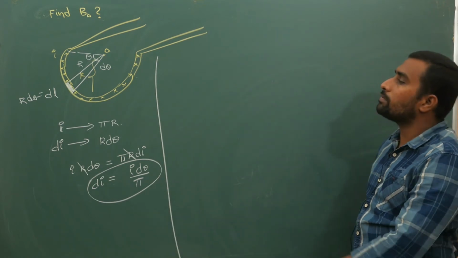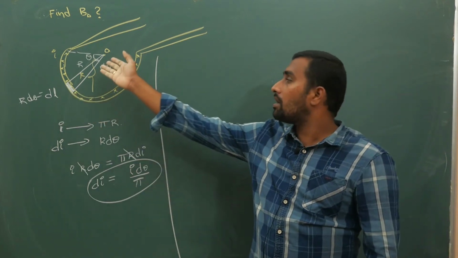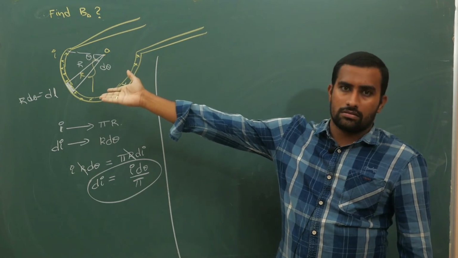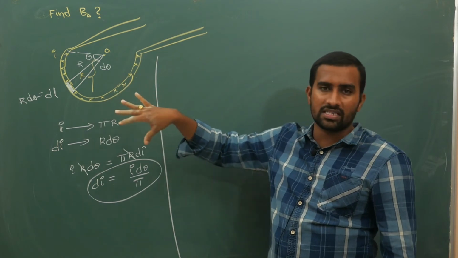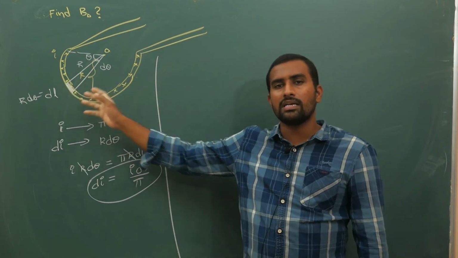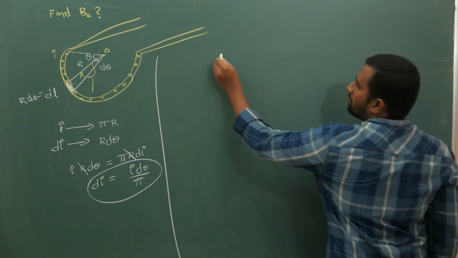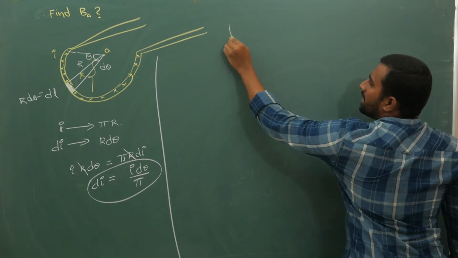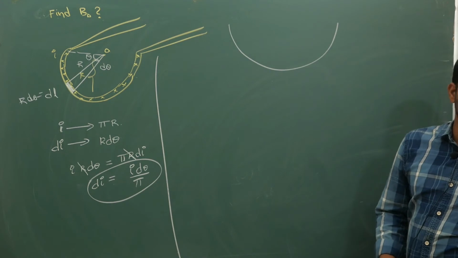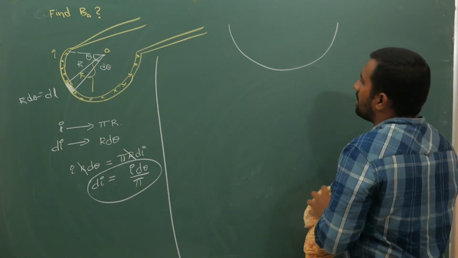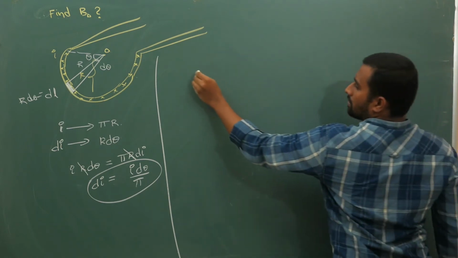Okay, now you are supposed to calculate the magnetic field. If it is a single wire, you could have written directly, for an infinitely long wire, mu naught I by 2 pi r. In this case the distance is r, but this is not the case. It is a continuous configuration, and because of each elemental part your magnetic field direction is different. So for clarity's sake, I will rearrange the diagram. I will draw it a little down so that it fits into the screen space. So I will do it here, just have a look.